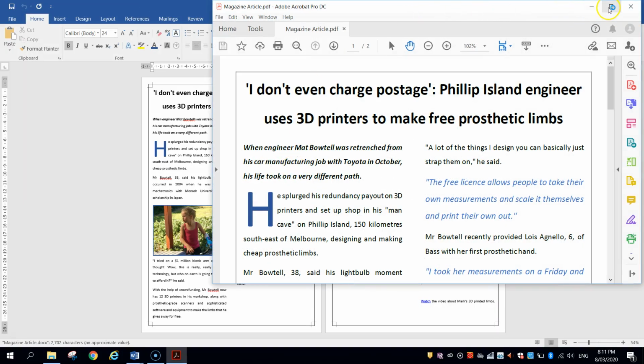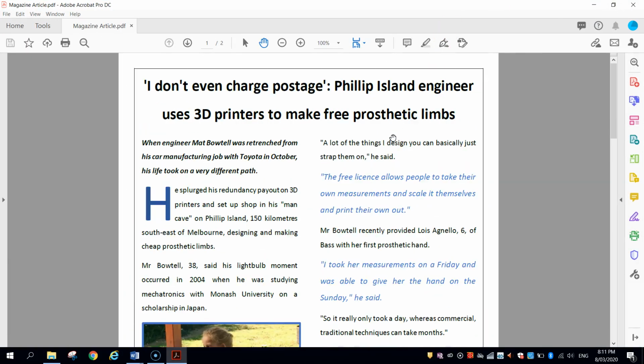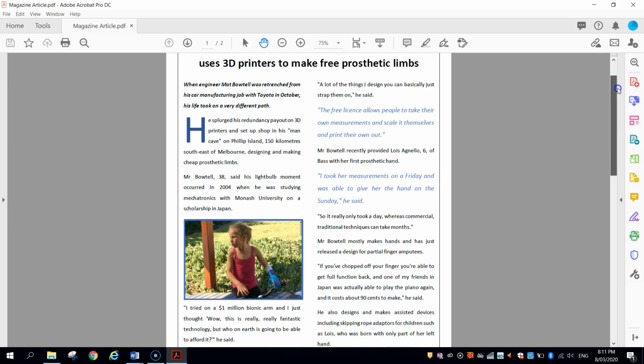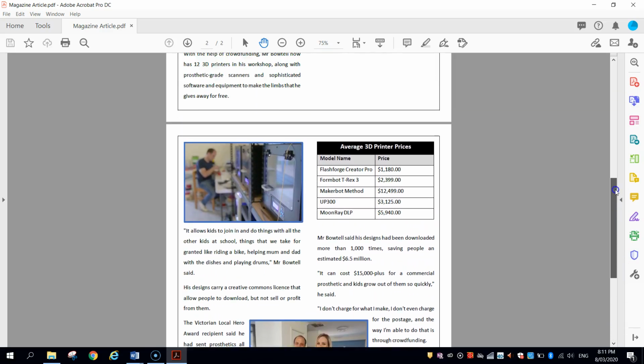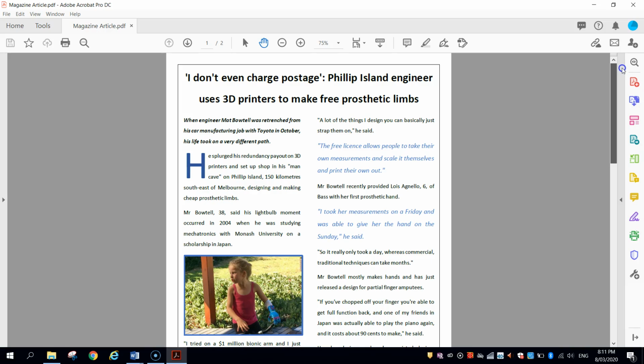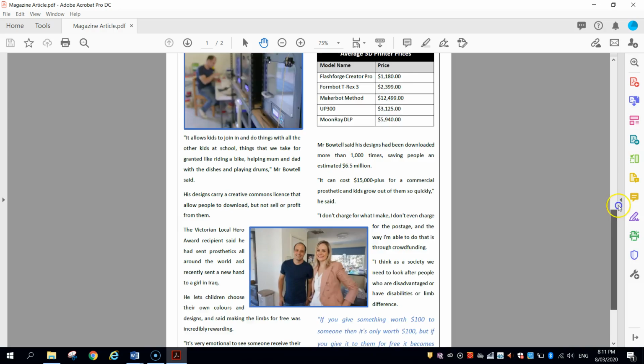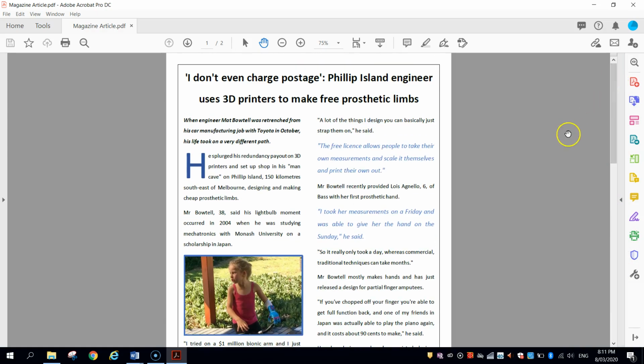And here it is opening up in Adobe Acrobat. So this document looks pretty nice now as a PDF. And if you're submitting an assignment, I would highly recommend saving it as a PDF file and emailing that through to your teacher. So that looks really good. Now, if you want to, you don't have to, but I think if your teacher asks you, you should do this. I want you to share this with your teacher in an email. So using the skills you've learnt in previous weeks, load up your school emails, attach this file, the PDF file, to your email and send it to your teacher.